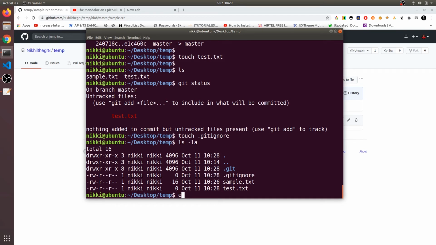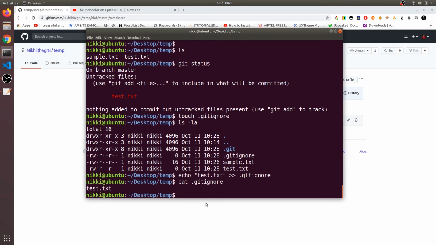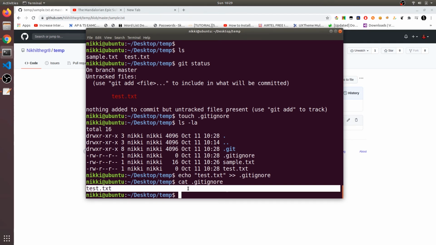Now I want to echo the file name we don't want to track, test.txt, and then send it to .gitignore. Now let's say cat .gitignore. So .gitignore contains test.txt.